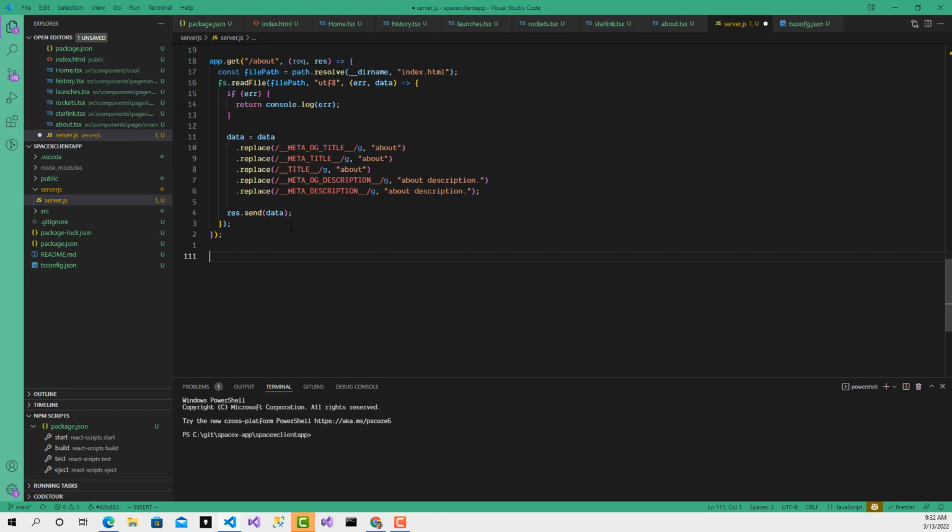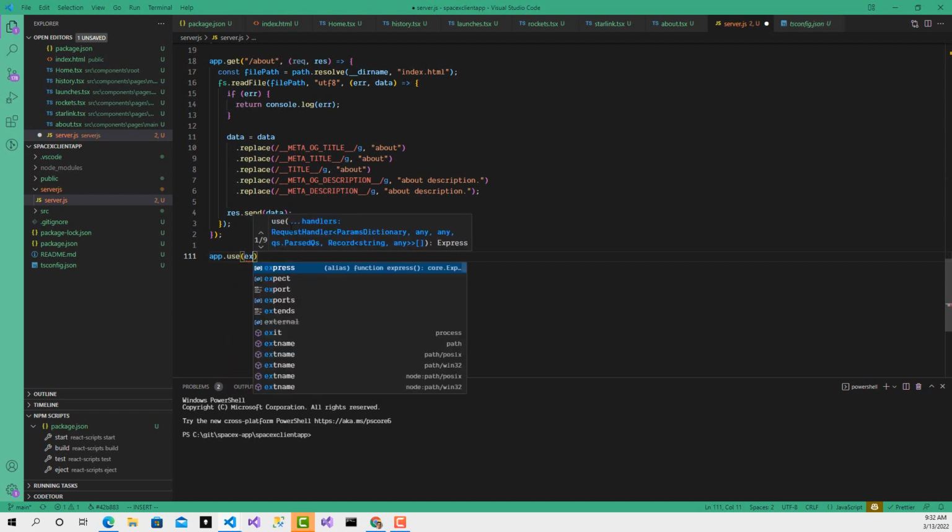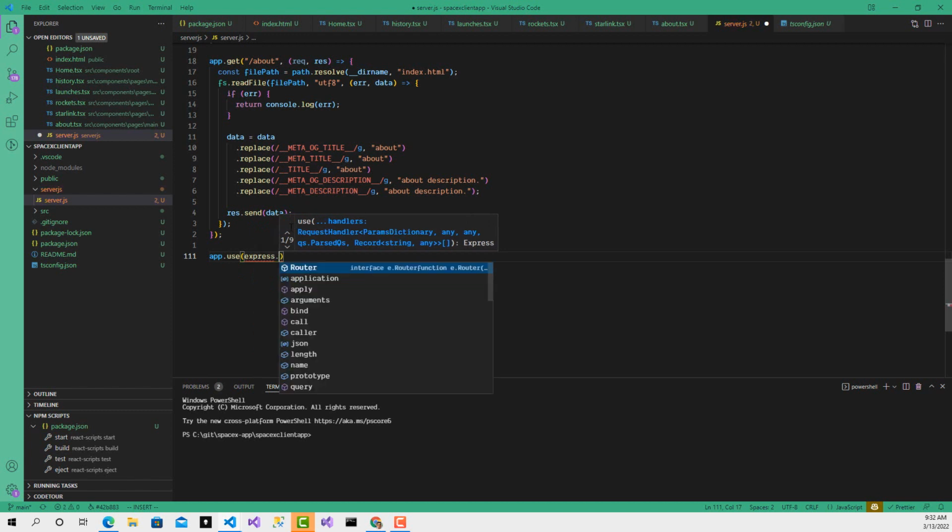The way to do that is to use a middleware called Express Static. So we'll do exactly that, and then we'll say express.static,